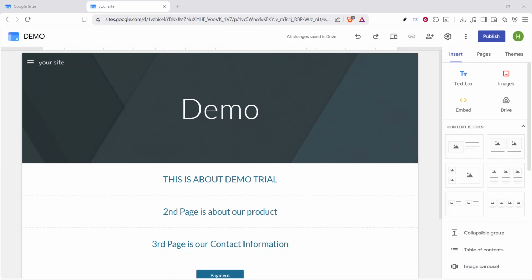In today's video, I'm going to teach you how to add a chat room to Google Sites. If you want to make your Google site more interactive, embedding a chat room is a simple way to let visitors communicate directly on the page. In this walkthrough, I'll show you how to place a chat room into your site using the built-in embed feature in Google Sites. This method works when you already have the HTML embed code from the chat service you want